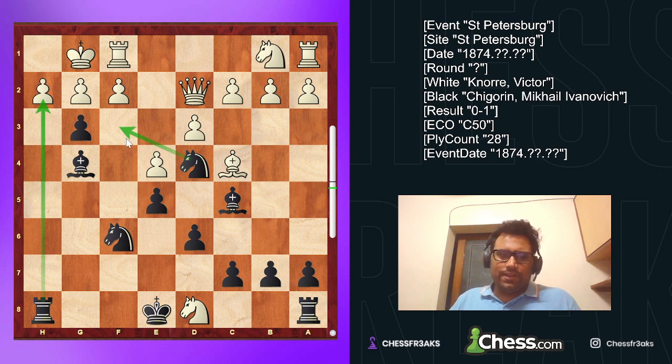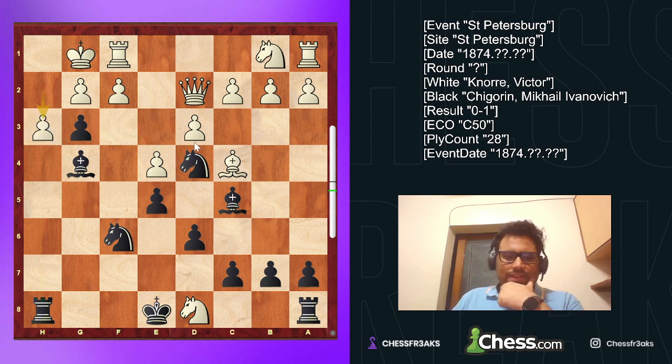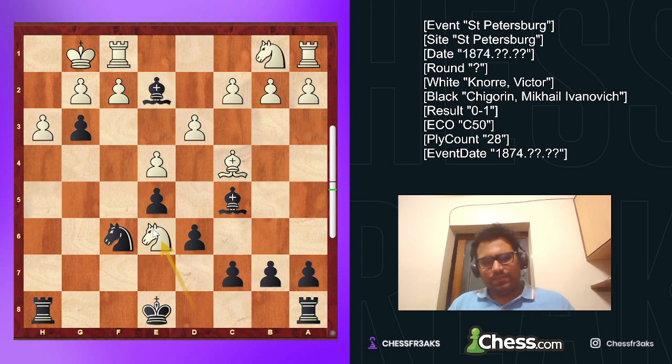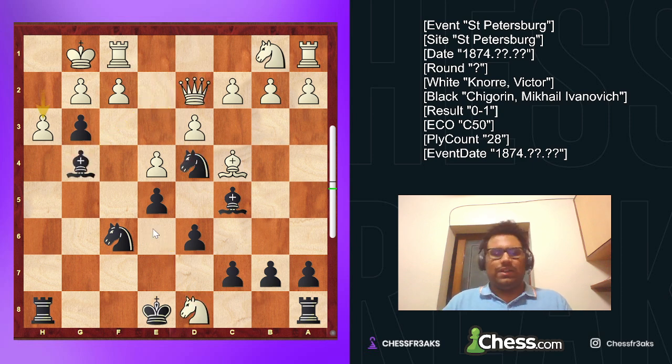So the plan here is to give knight to f3 check. Now the only defense for white is h3, and after h3, you have this move knight to e2 check. White has to give away the queen, and this position is equal, and this is playable as white. But in the game, what happened was